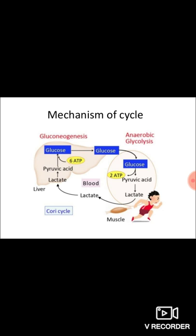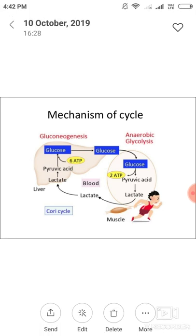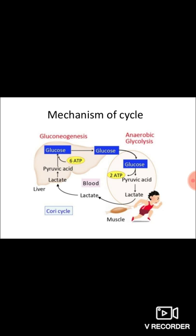So in the muscle, anaerobic glycolysis happens, and from glucose it forms pyruvic acid. Then from pyruvic acid it will form lactate. So the lactate accumulation occurs in the muscle fibers due to heavy exercise. Then this lactate diffuses into the bloodstream